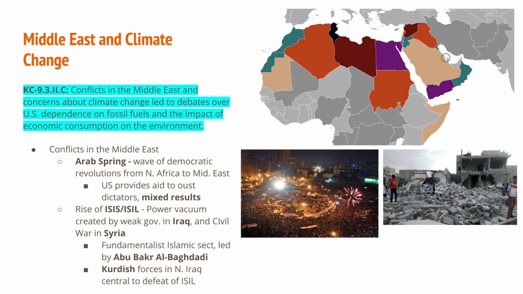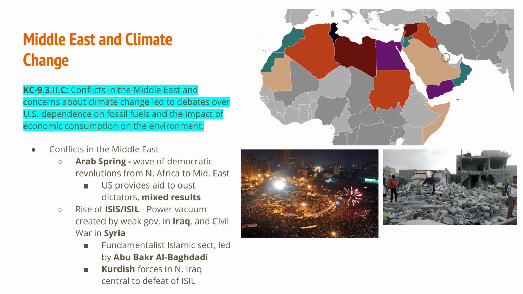So with all of these new governments and power vacuums, a new terrorist organization began to take hold of the region, ISIS or ISIL. This stands for the Islamic State in Iraq and Syria, or the Islamic State in the Levant. The Levant is the older term for that geographic region. So this group begins to take control of certain towns. They overtake some oil refineries and they begin to capture that oil and sell it in order to fund their